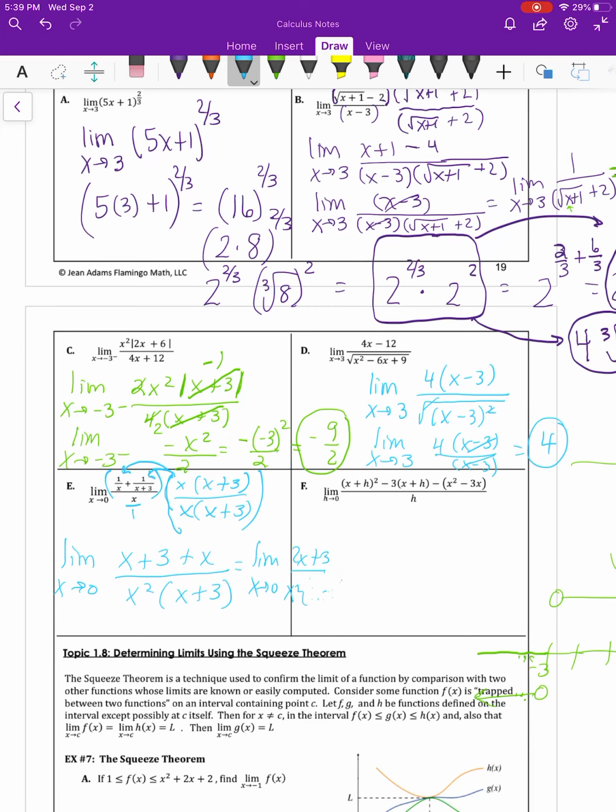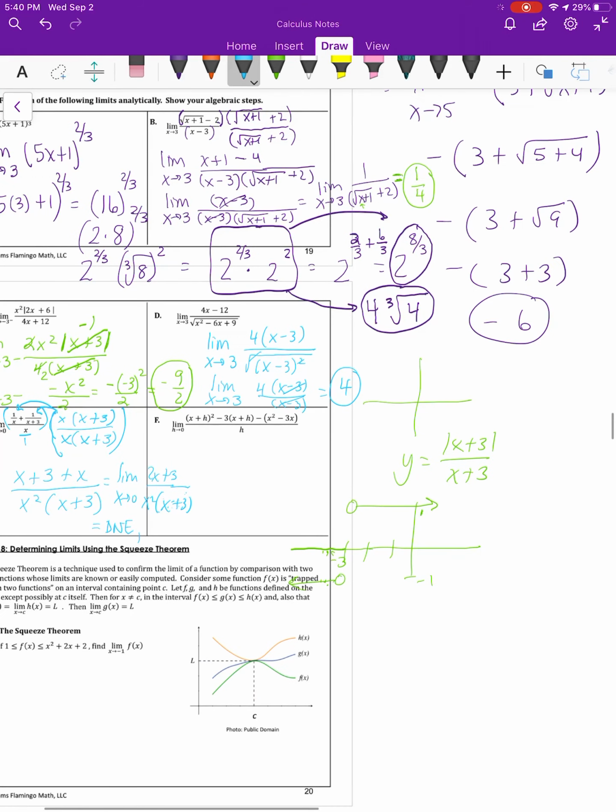And now for this one, you tried to manipulate it as best you can, but there's nothing that will cancel. So therefore, this one's going to be does not exist. Technically, if you were on the AP exam and you didn't have a calculator, you would have to do it by inspection, and you would have to look at x values like from the left would be